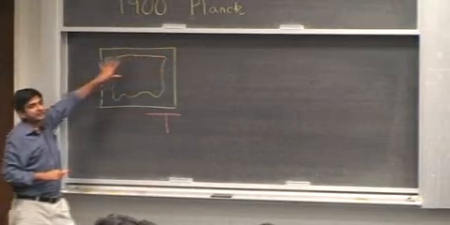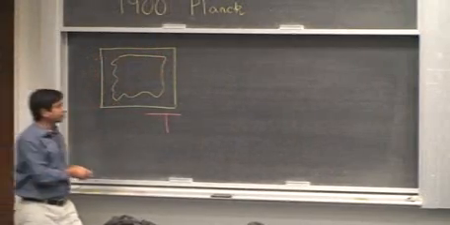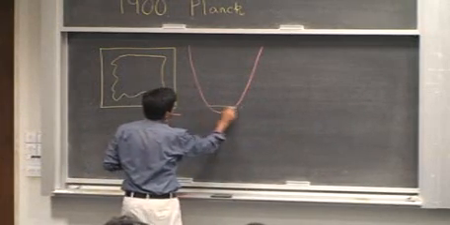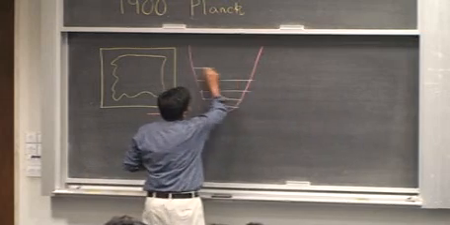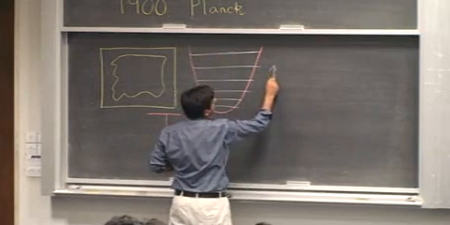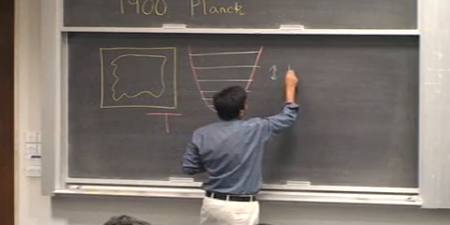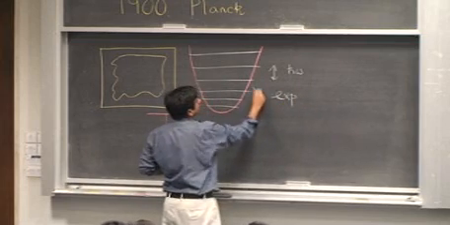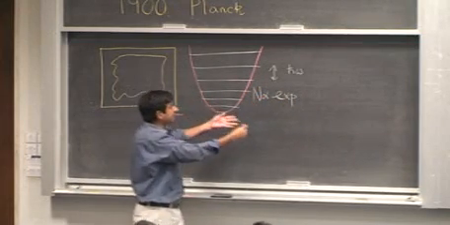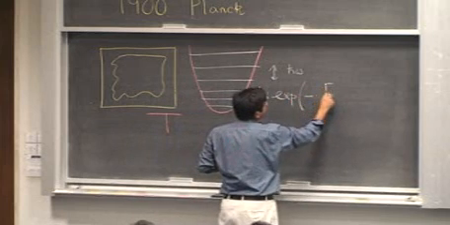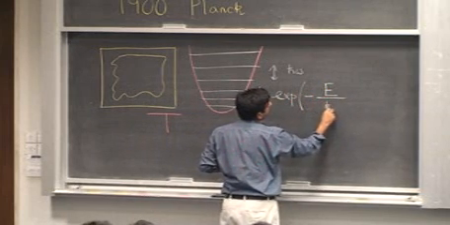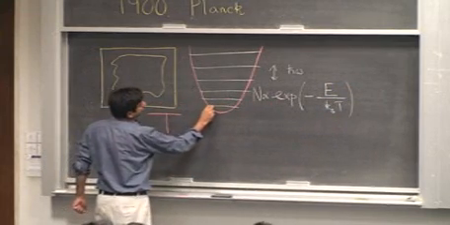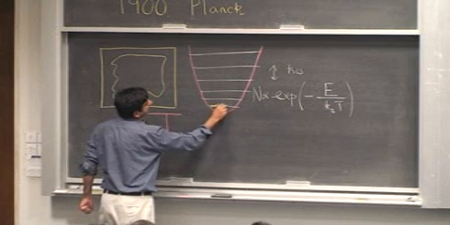Now the harmonic oscillators inside the solid have quantized levels. So you can draw a harmonic oscillator representing the atoms. The energy levels are quantized. And what's the energy spacing between any two levels? It's h bar omega. And then we also have the Boltzmann distribution. So the population in a certain level E is proportional to exponent minus E over kBT. So at a particular temperature, these levels will be occupied with certain probabilities.